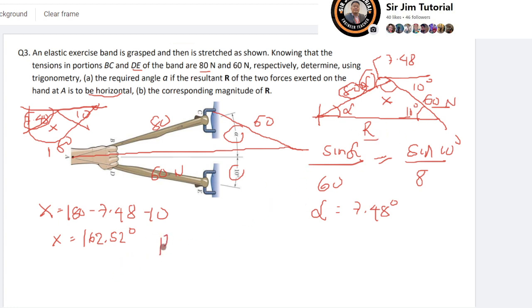If you have this value, then we can already calculate R. By sine law, you have R over the opposite, which is sine x, sine 162.52, equal to 80 over the opposite angle, sine 10. Therefore R, with your calculator, could be calculated as